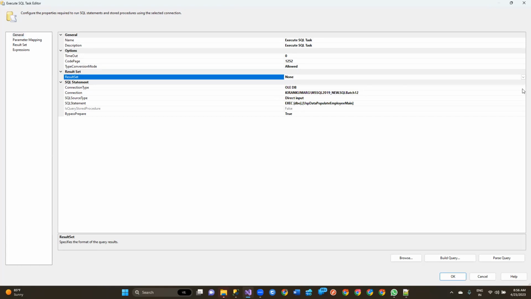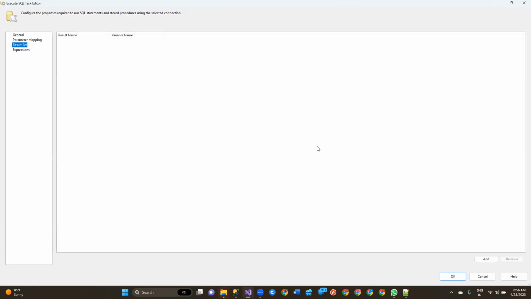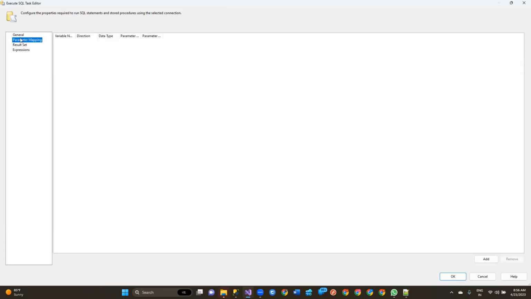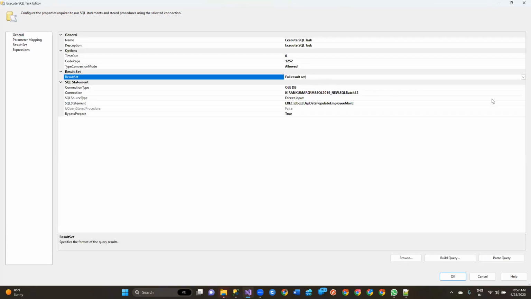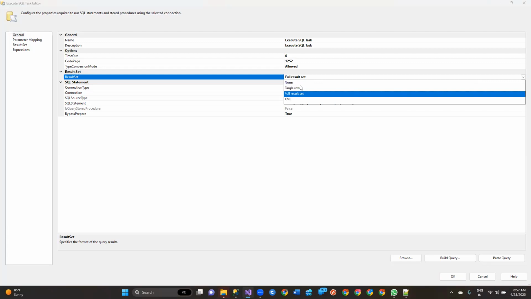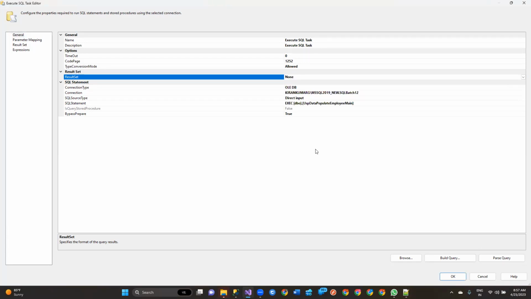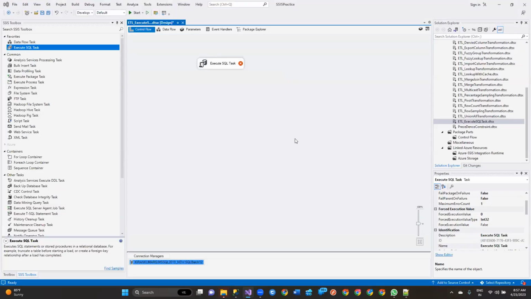If you make it, for example, Full result set, by that time if you see, the Result Set tab is enabled. So here with the help of Add, you can add variables and store that result in the variable. As of now, I don't have any results. Just consider this SP was not returning any results. So this is the simple one. Click OK. Now, if you execute it,